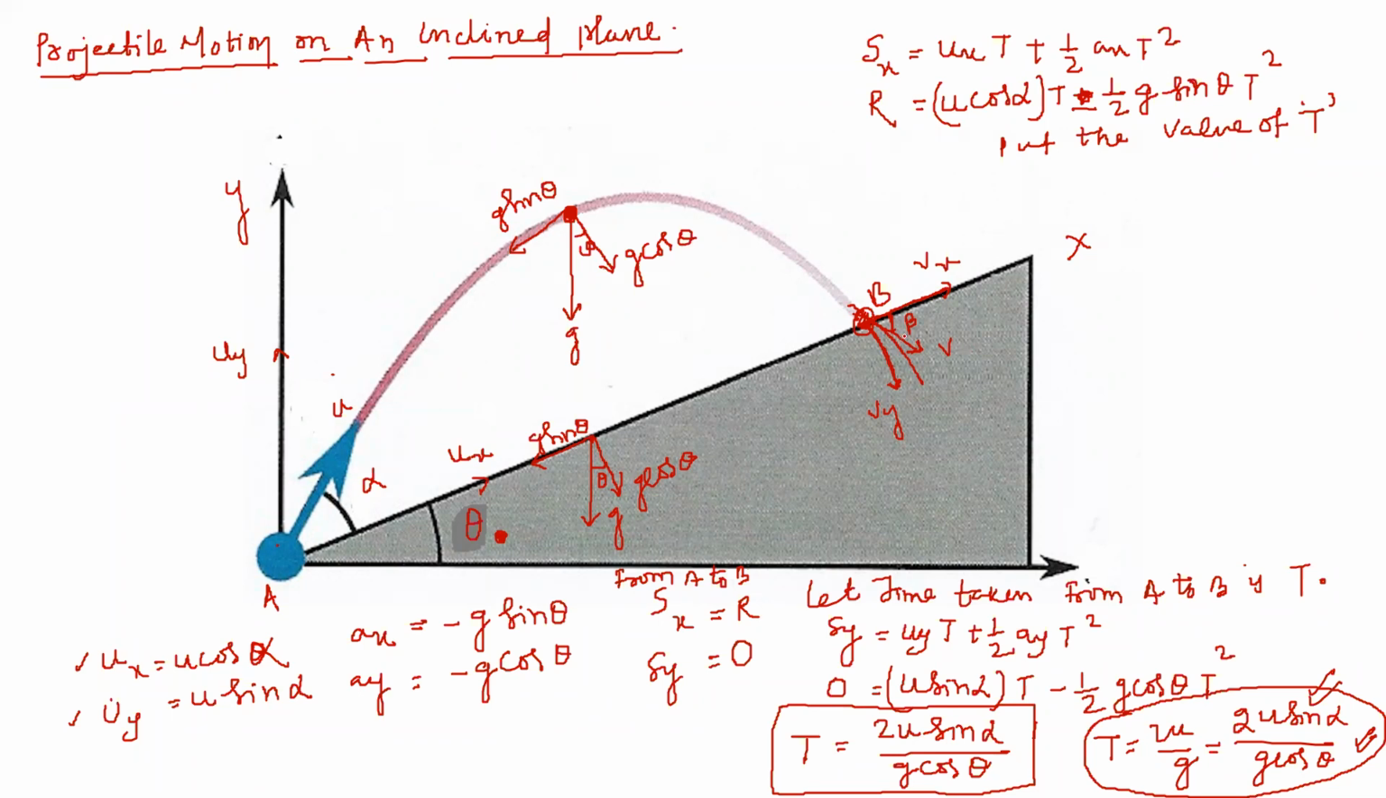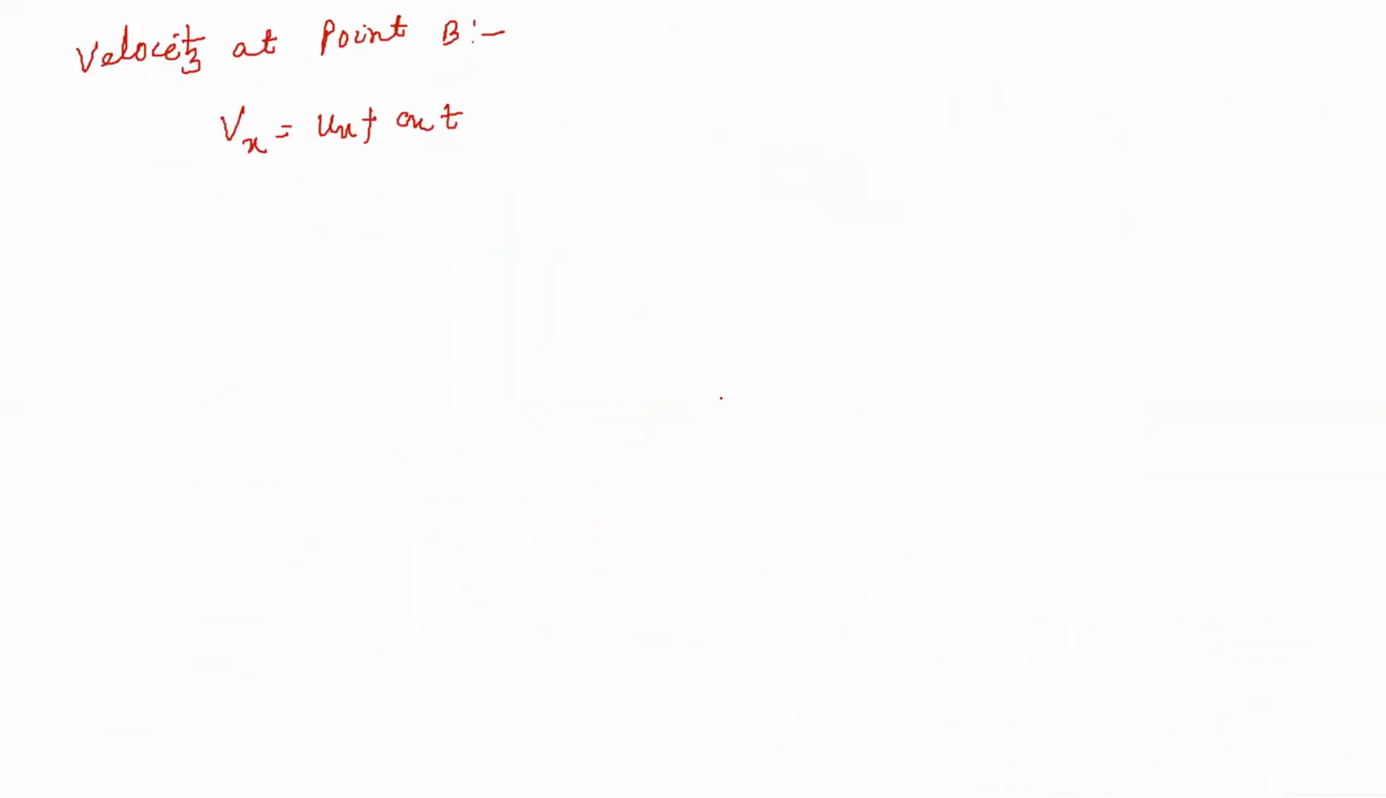Listen. Vx is V cos beta, students, because this angle we have taken as beta. And this Vy is V sin beta. If this is the net velocity V, then this is V cos beta and this is V sin beta. So in place of Vx, I can write V cos beta